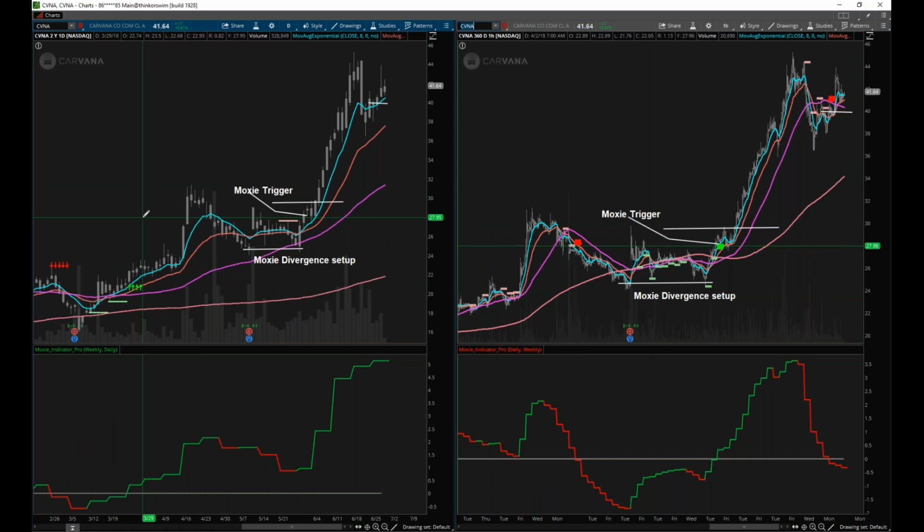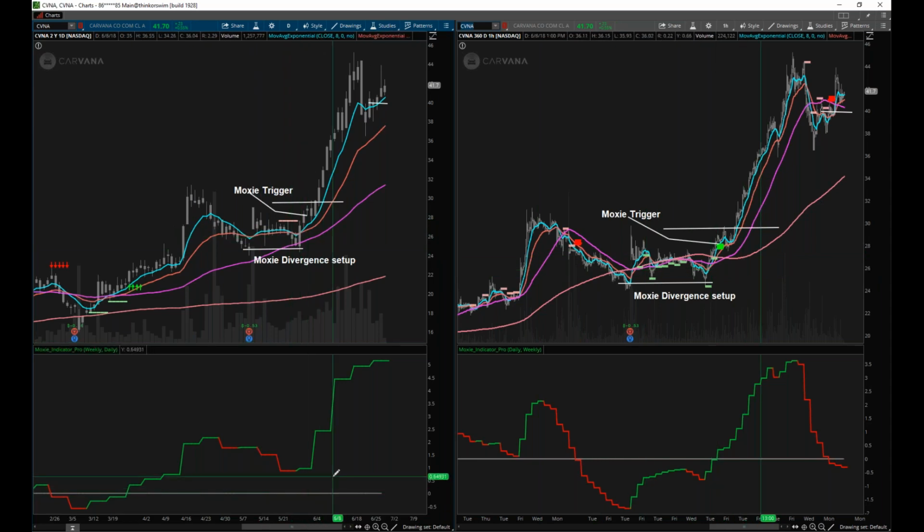So I have a Moxie Trader scanner, and what it scans for is the price triggers. So that's how I came across Carvana: this scanner, this trigger right here, this arrow on the hourly chart popped up, and I kind of looked at this and I was like, ooh, I really like what I'm seeing here. First, price looks like it's flagging into the daily 50, and the indicator's above zero on the daily